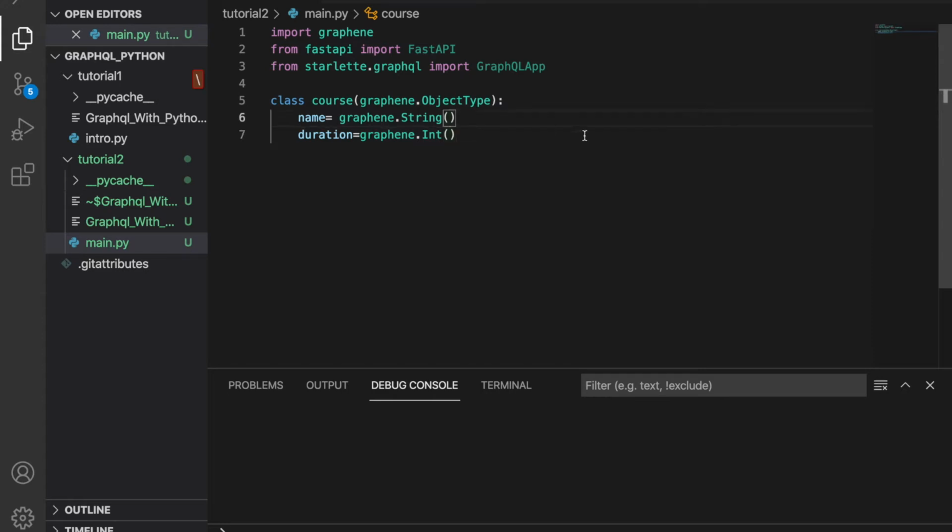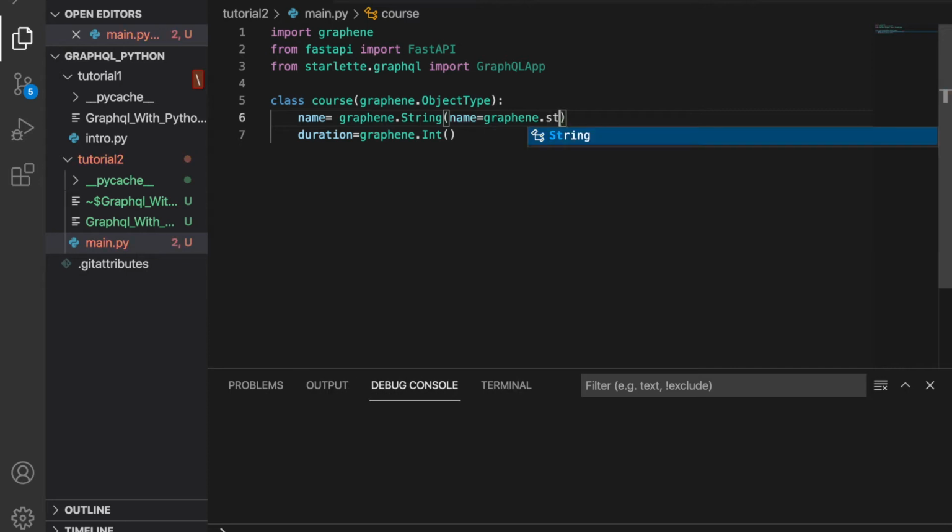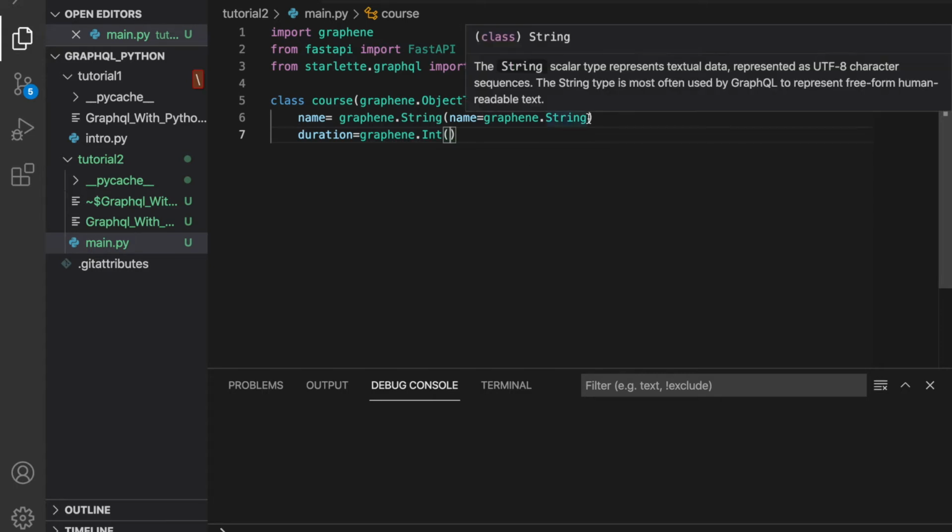Then name equals graphene.String. I'm just thinking what else I can put over here.